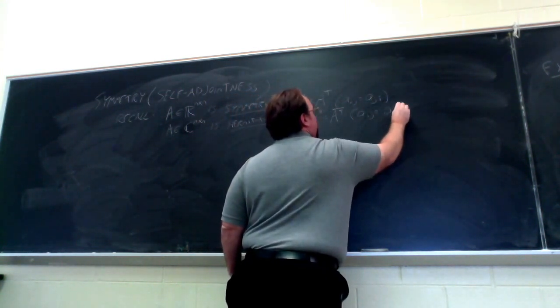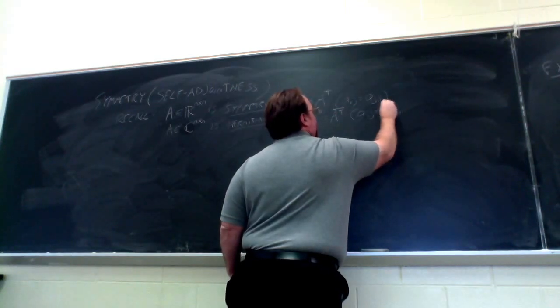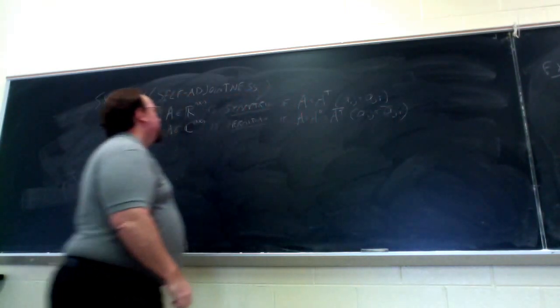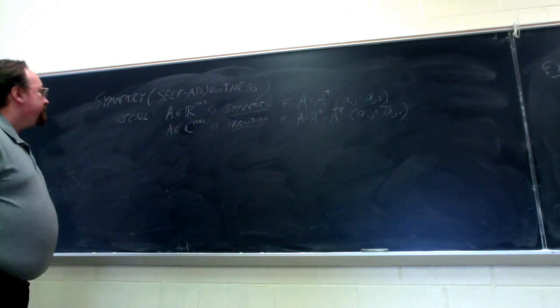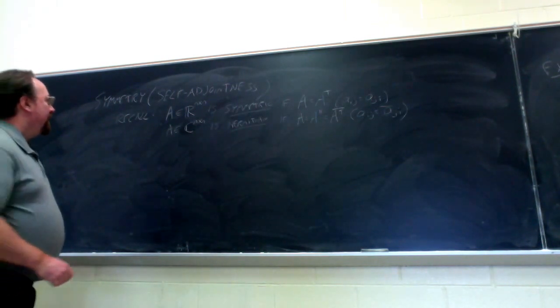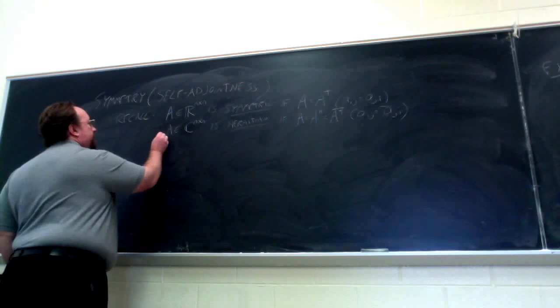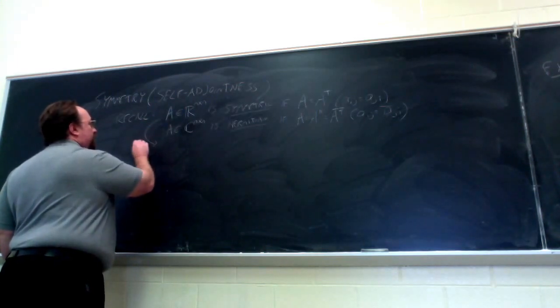So that's how everything generalizes in the complex case. So in other words, a matrix that's complex but symmetric is actually not nearly as interesting. Now, focusing on the real case,